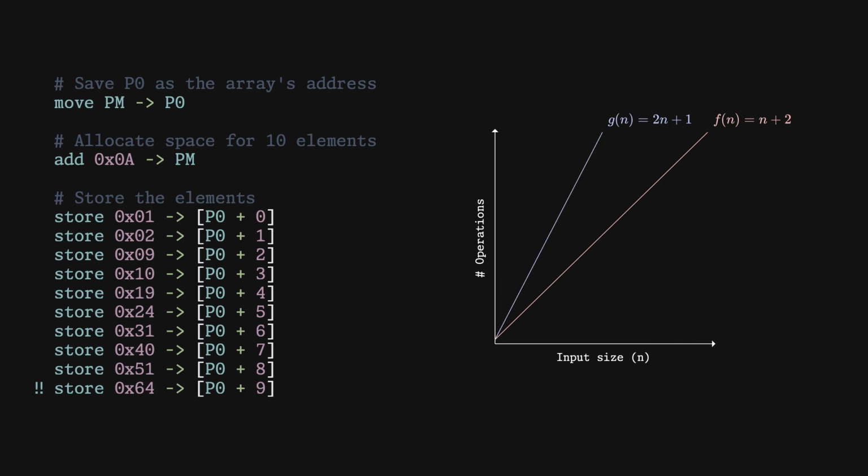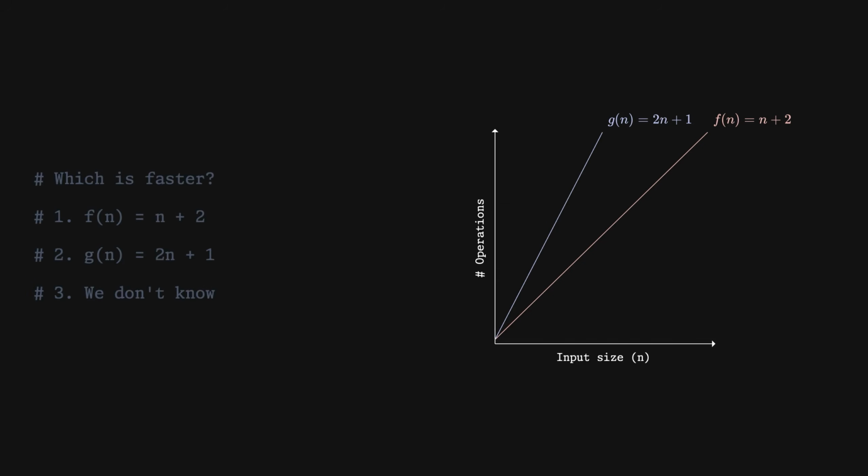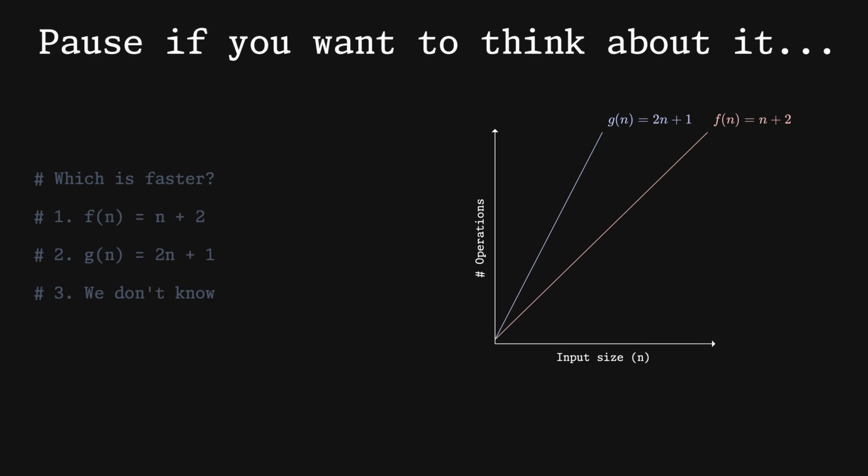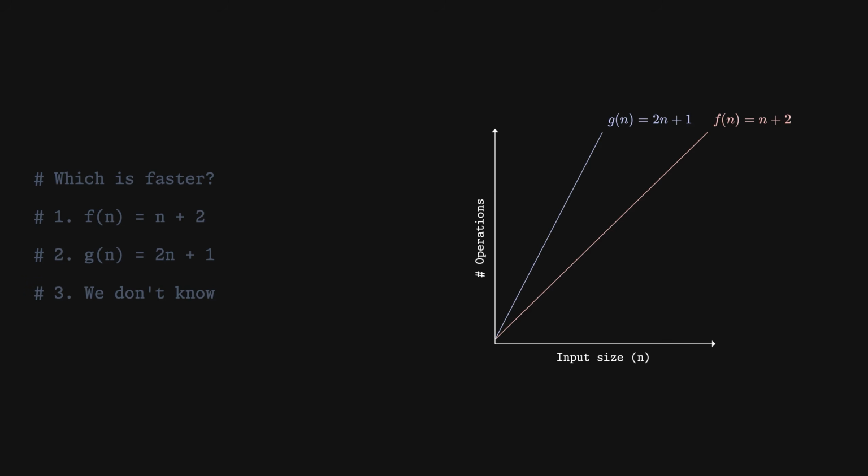Now let me ask you a question. Imagine constructing an array of 100 elements. Which of these algorithms is going to be faster? I'll give you 3 different options. The one in the red is faster, the one in the blue is faster, or we can't tell. Now, if you answered G, the one in the blue is faster, you're incorrect. If you answered F, the one in the red is faster, you're also incorrect. The correct answer is